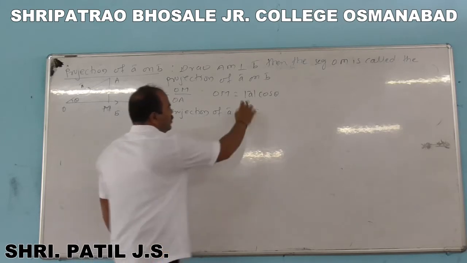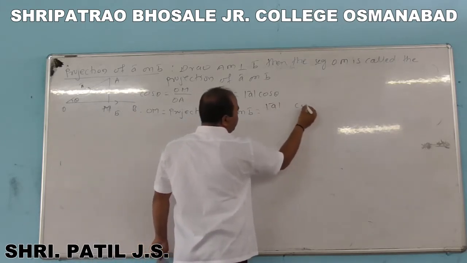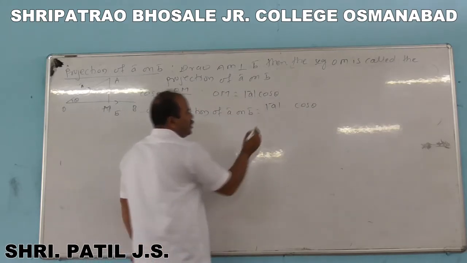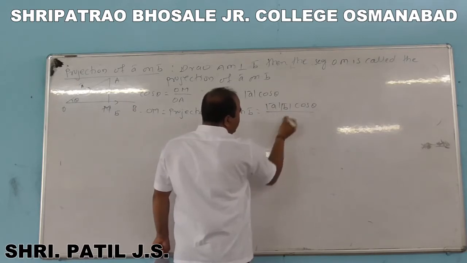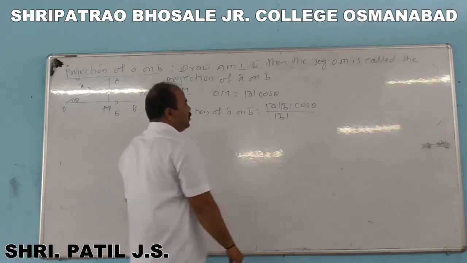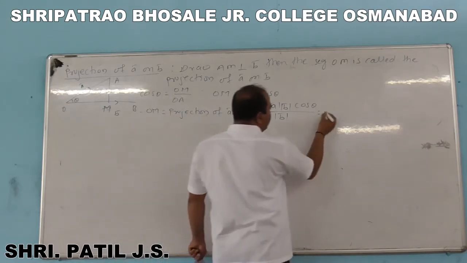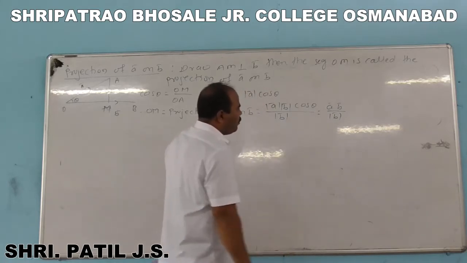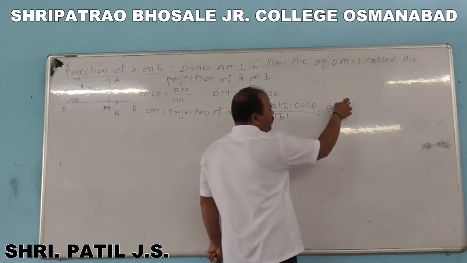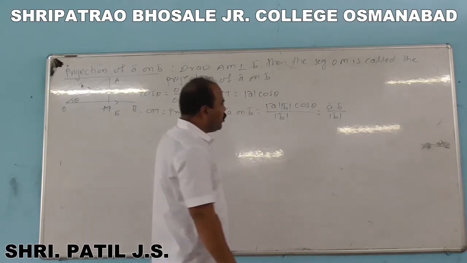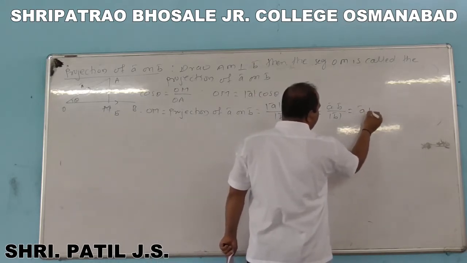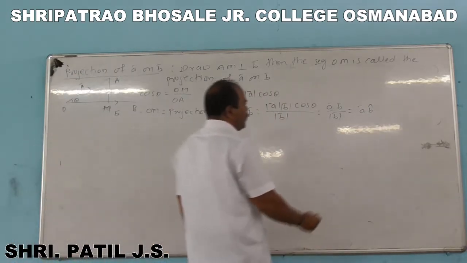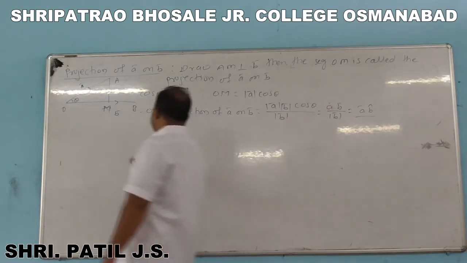Now for adjustment, take magnitude of A bar into cos theta, change it a little: multiply and divide mod of B bar. This is equal to A bar dot B bar divided by mod B bar. But you know that the vector upon its magnitude means unit vector. And this A bar dot B cap is the projection of A bar on B bar.